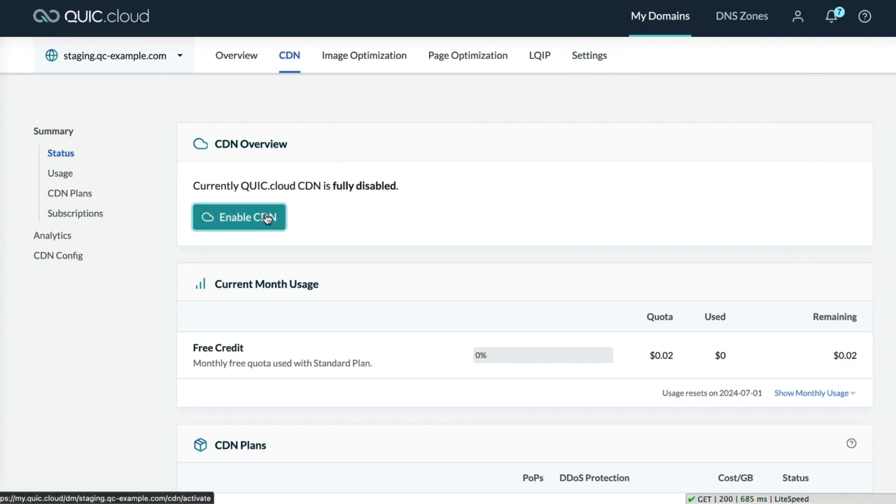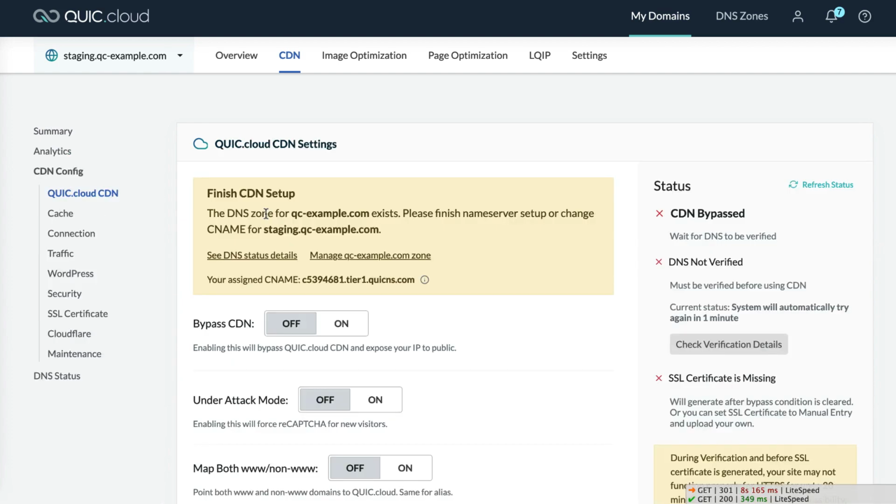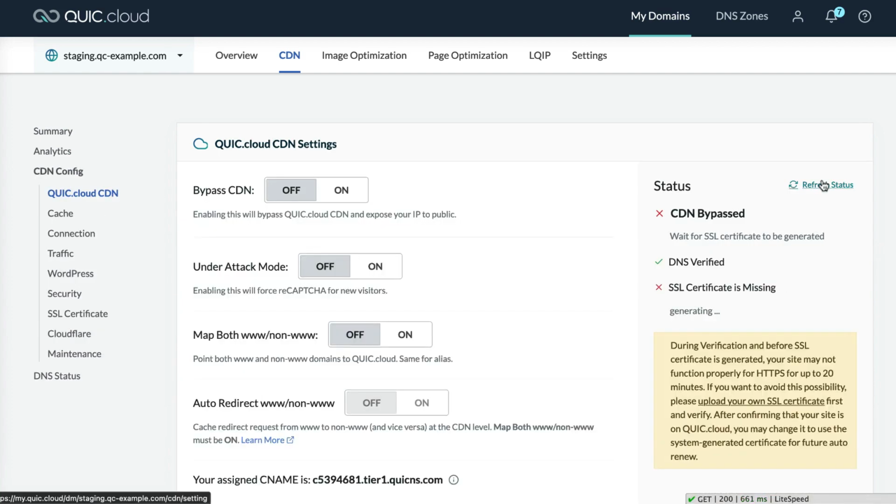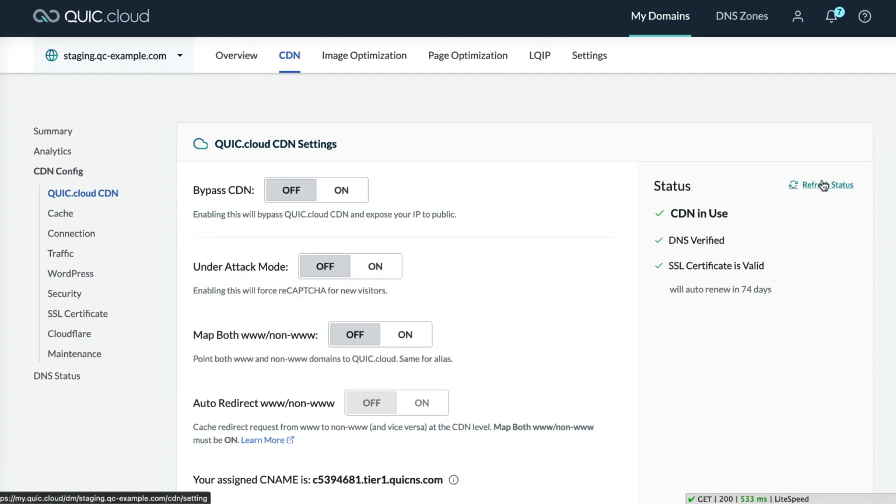You will need to wait a short while for your DNS to be verified and the SSL certificate to be generated. You can click the Refresh Status link to see how it's going. Once everything is valid, verified, and in use, your staging site setup is complete, and you can stop here if you wish. The rest of this video shows you some optional steps you can take to restrict public access to